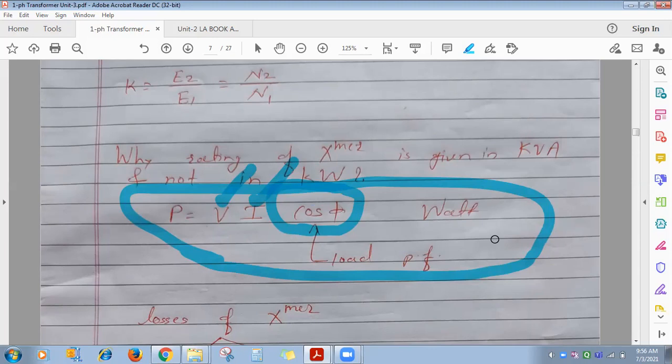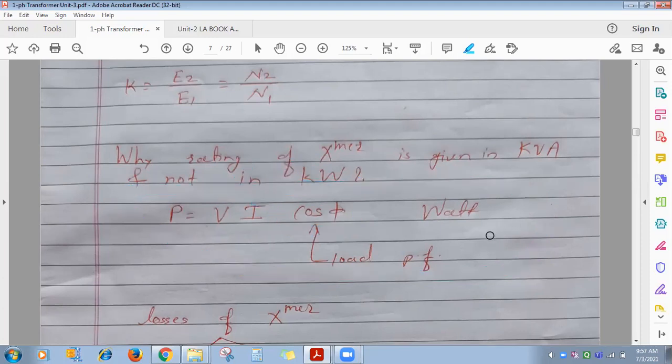But what is the case with a transformer and a generator? In both cases, which load do we put across the transformer or generator? Electrical load. Like at your home, you continuously switch the tube light, fans, heater, food processor and iron on and off, isn't it? All this load is across the transformer and generator. So the load across the transformer and generator is continuously changing. It continuously changes, so cos phi is not known there because it depends on load. And as the load continuously changes, cos phi also continuously changes. So cos phi is unknown.